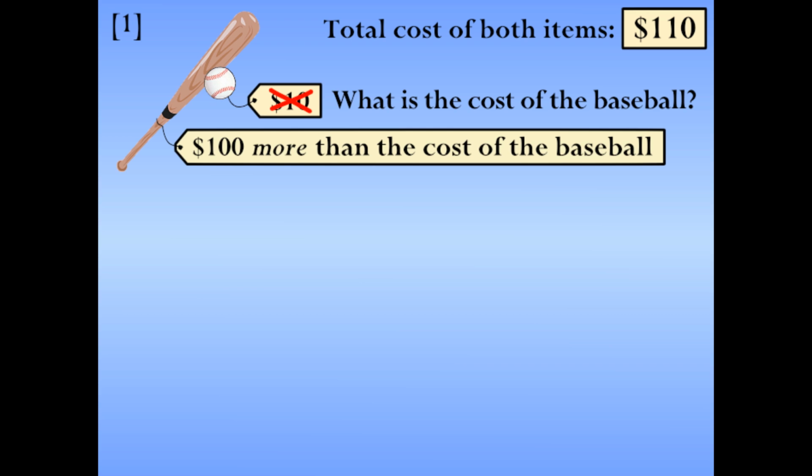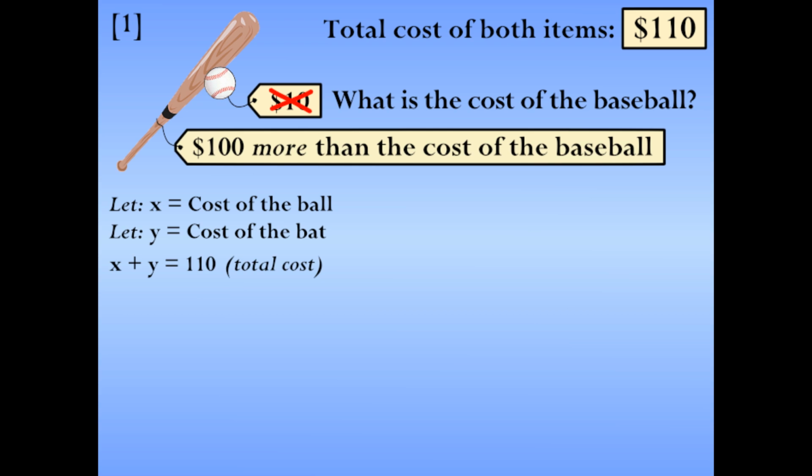Now, just because we can, let's delve into the mathematics and see if we can find the proper answer. Because I'm sure anyone watching this video has just been waiting for the opportunity to crunch out some algebra. Let's first establish our variables as x is the cost of the ball and y is the cost of the bat. Now from the information we've given, we can conclude two things. x plus y equals 110, which is the cost of both items, and y equals x plus 100, which is the cost of the ball plus 100.